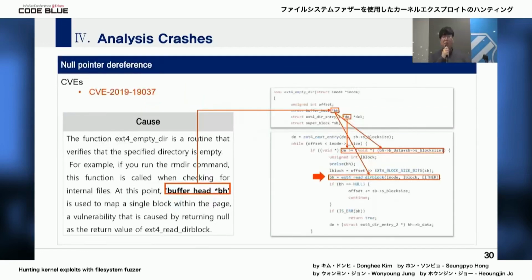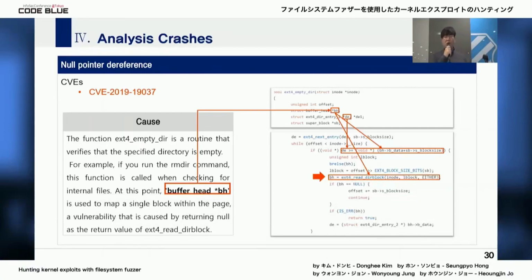The ext4_empty_dir function checks if there are any files in the directory when executing a command that deletes a directory such as rmdir. The vulnerability is in the structure pointer called bh in the ext4_empty_dir function. If the pointer becomes null, the location of b_data cannot be calculated.